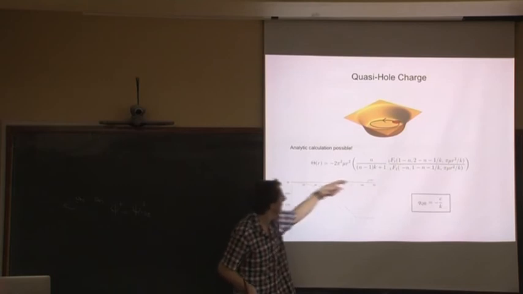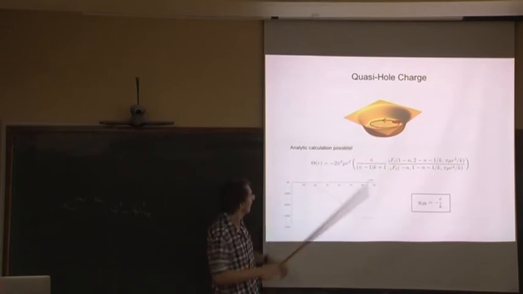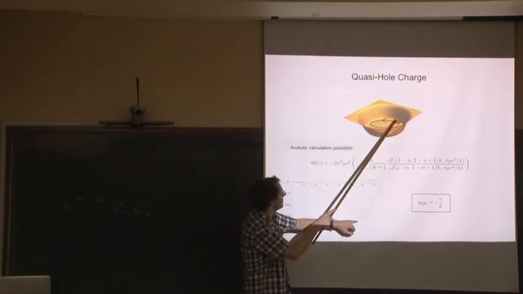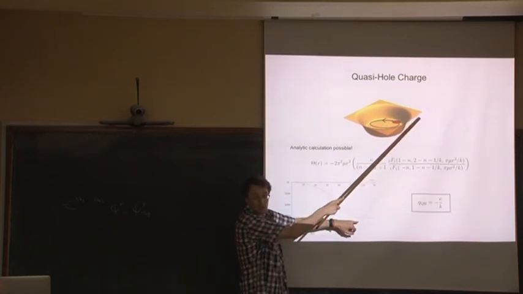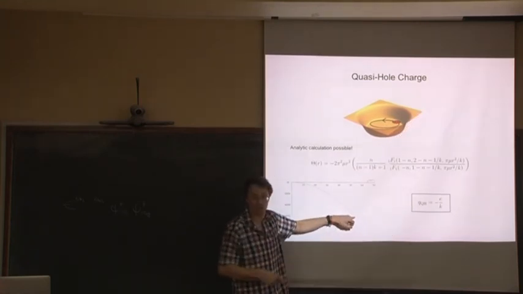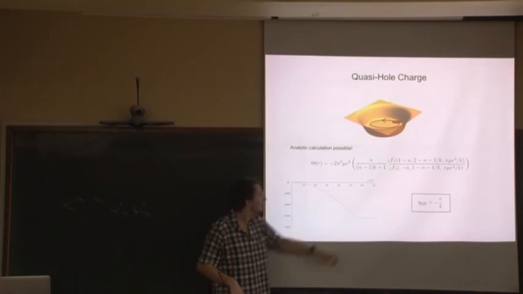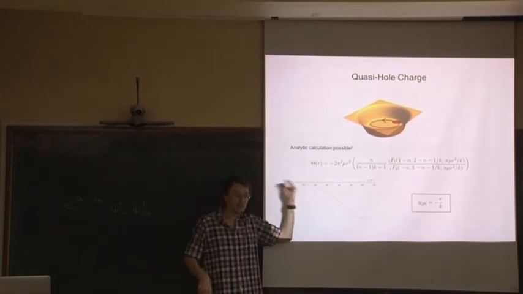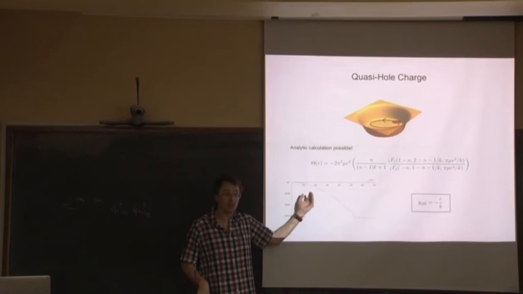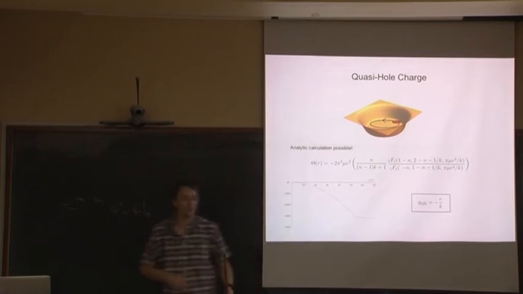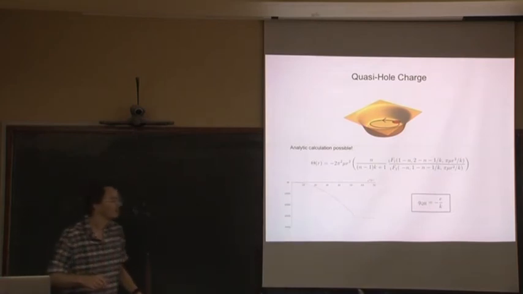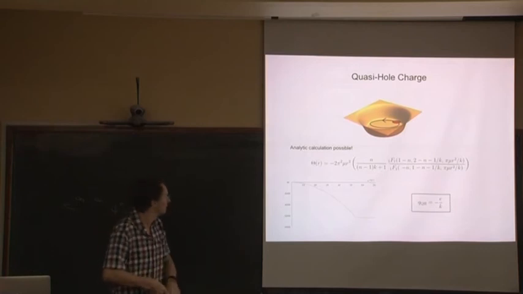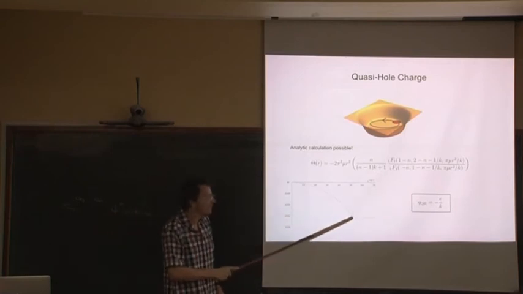This is the distance the quasi-hole is from the origin. And what's happening here is the quasi-hole is basically leaving the quantum Hall droplet. So it's just no longer going through. Okay, so this is exactly the kind of calculation you would love to do for Laughlin wave functions, but you can't. You can do them for these other wave functions. So there, of course, what you're interested in is that regime.